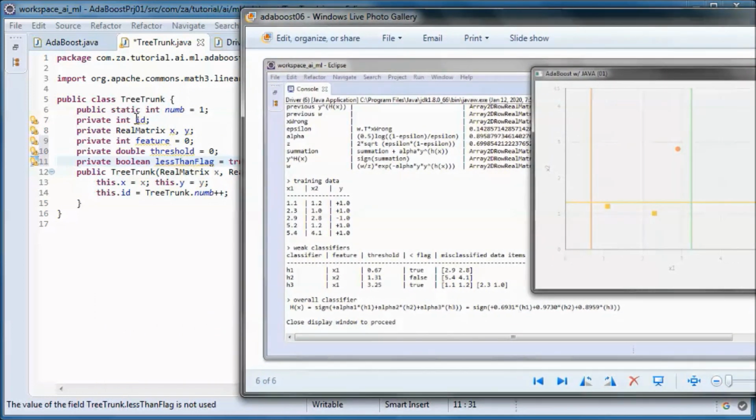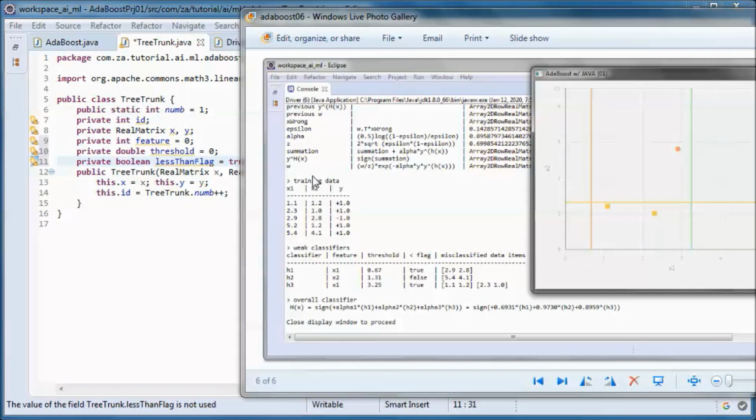So we use ID for naming of H1, H2, and H3, and the feature will be X1 or X2 given this training data, and we have the thresholds for each classifier.